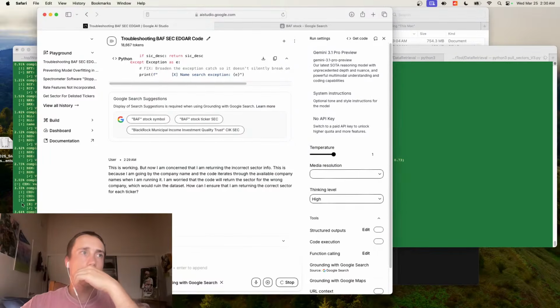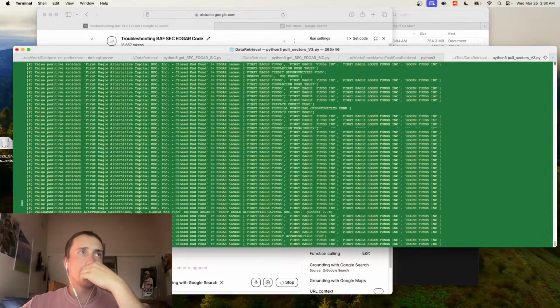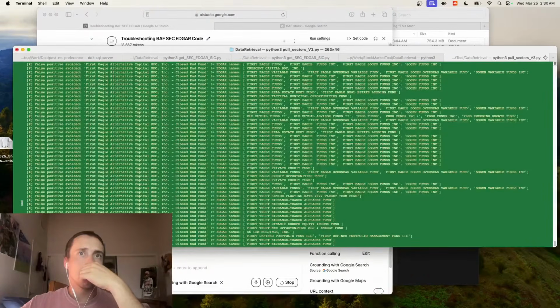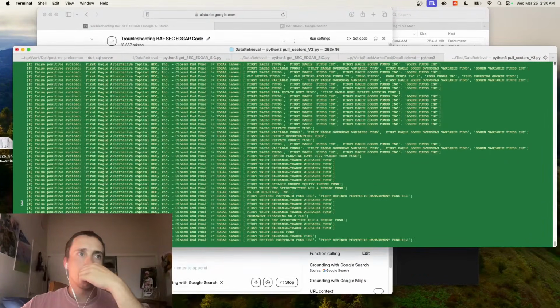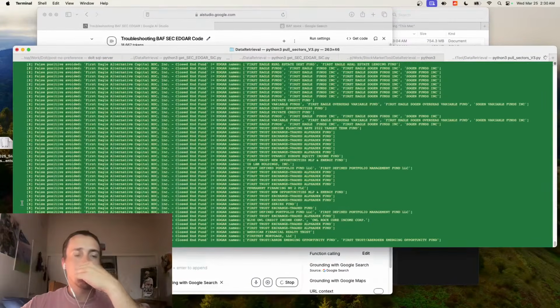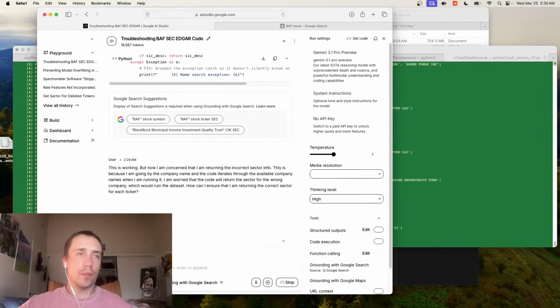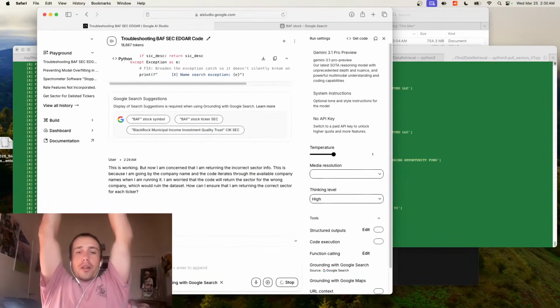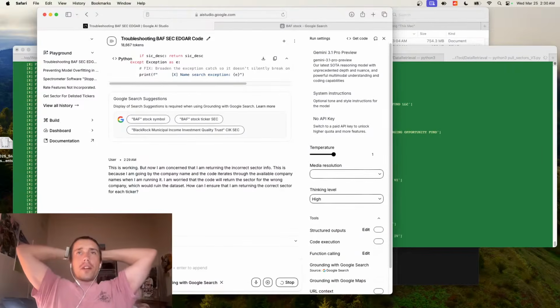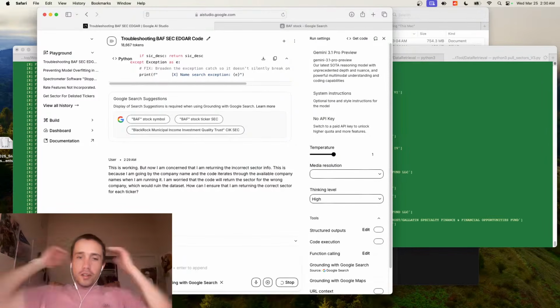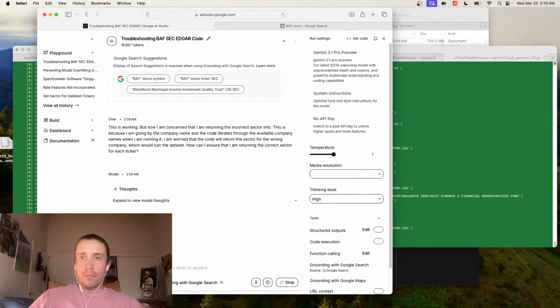Alright, so let's see if we could test. So now it's going through. Basically, I want to make sure the sector's correct for each ticker. If the sector's incorrect, that's going to cause a problem. It's going to ruin my model because I have bad sector data, and I need to avoid that.